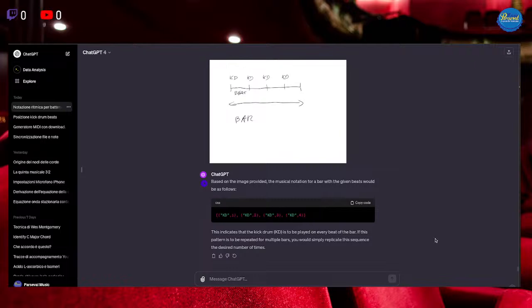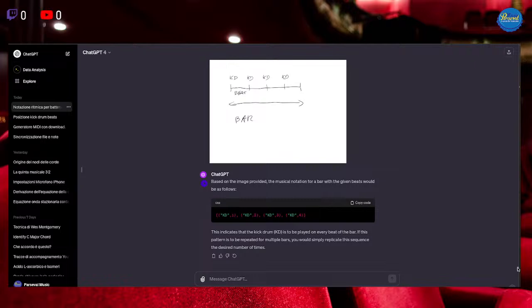Let's notice I have trained this particular context to transform what you write on the piece of paper or electronic paper into a sequence of tuples, or in this case, couples of values, pairs of values.